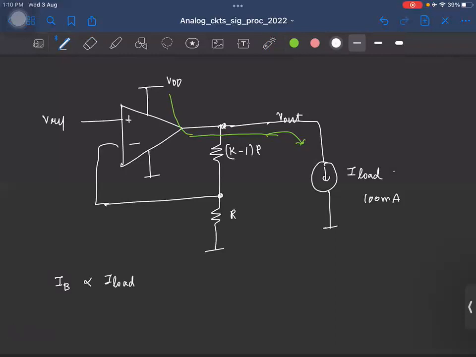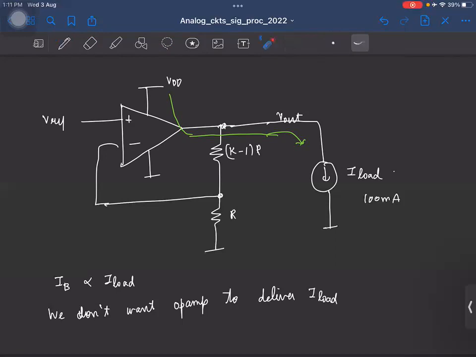Okay, so we don't want the op amp to deliver the load current. If you can arrange something like this, then you can design the op amp so that the bias current is small. Okay, and we'll try to make an arrangement so that the load current comes from some other place, right? And obviously, finally, it has to come from the supply, right? So let's say this is the supply. There is this. So what we want is,